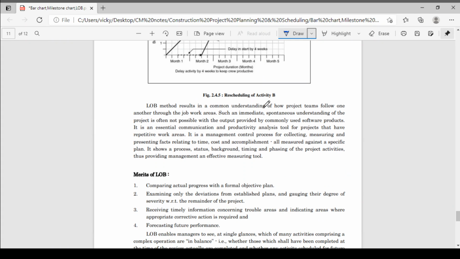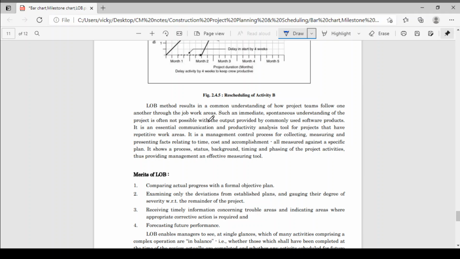LOB method results in a common understanding of how project teams follow one another through the job work areas. Okay, you will get to know that. Such an immediate, spontaneous understanding of the project is often not possible with the output provided by commonly used software products. It is an essential communication and productivity analysis tool for projects that have repetitive work areas.